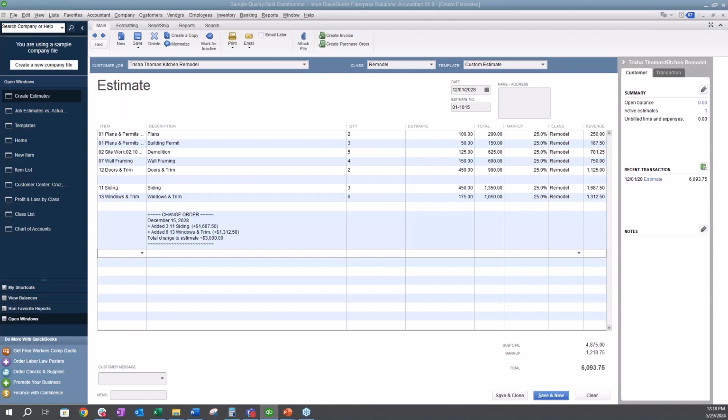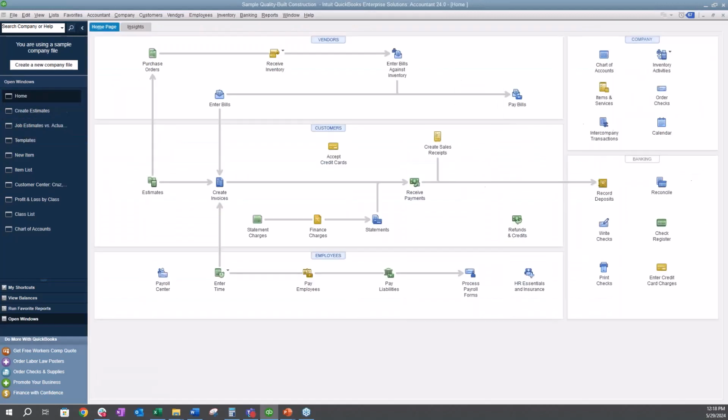So we want to start incurring some cost on this project. And again, the key to being able to track at budget level is we have to take our materials and assign that cost and link it back to that job. So I'm going to come back to the home screen. Now, depending on how you're ordering the materials will decide the type of transaction that you need to create inside